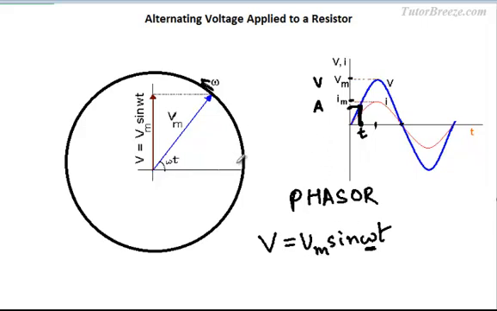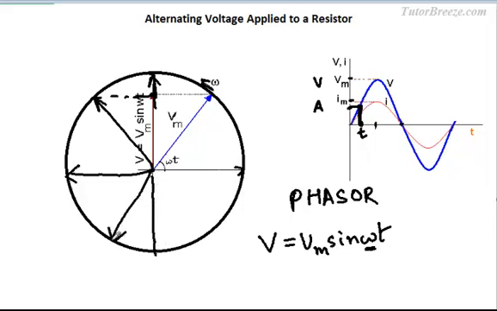Now you can see that as the tip of the vector moves on the circle, its projection also varies. When the vector is here, the projection on the y-axis is 0. When the vector has moved here, the projection is this. When the vector moves to this point over here, then the projection becomes the same as the amplitude. If the vector moves to a point over here, then this is the projection. If the vector moves to a point over here, then the projection again becomes 0. Say it moves to a point over here, then this is the projection.